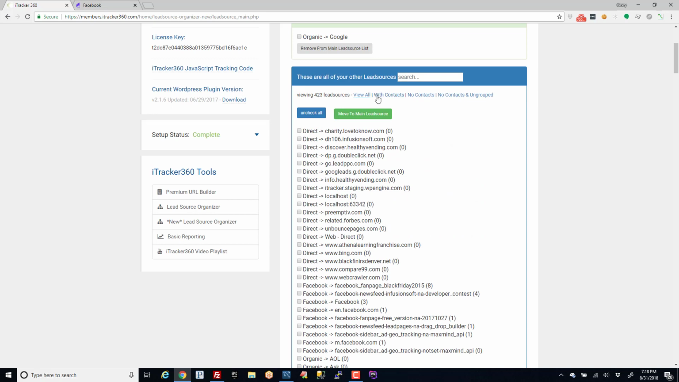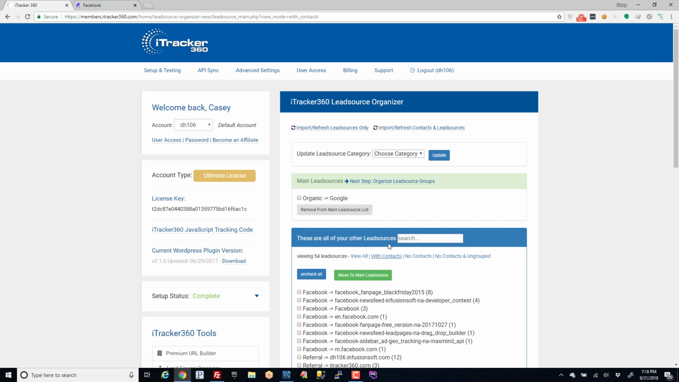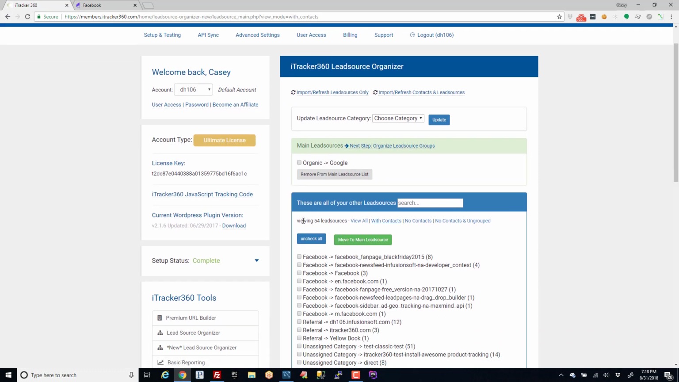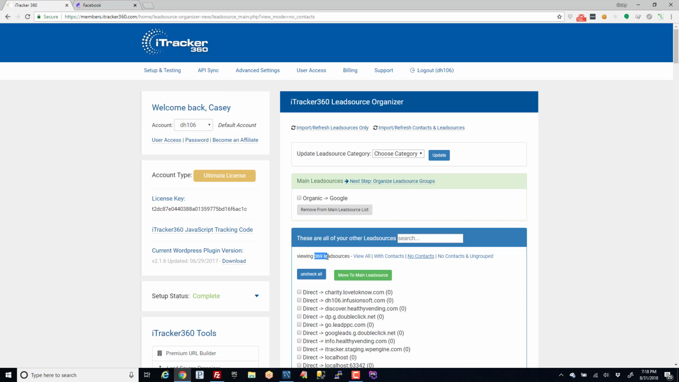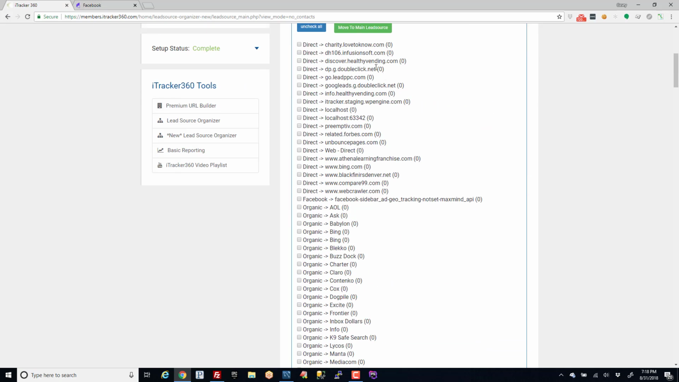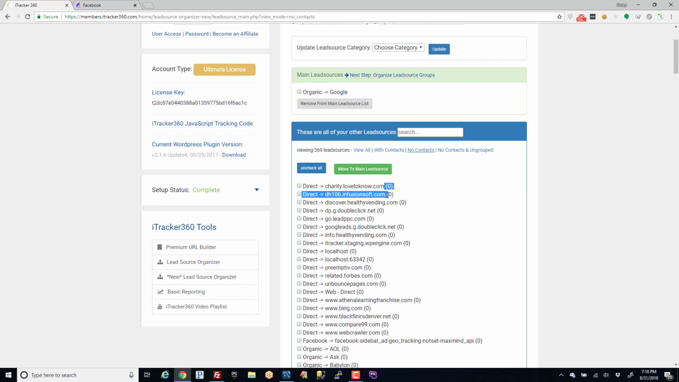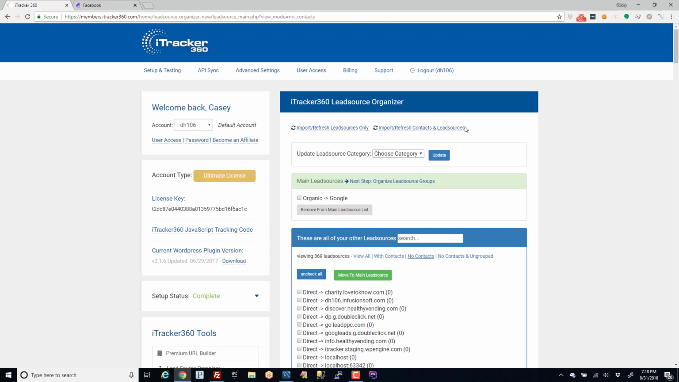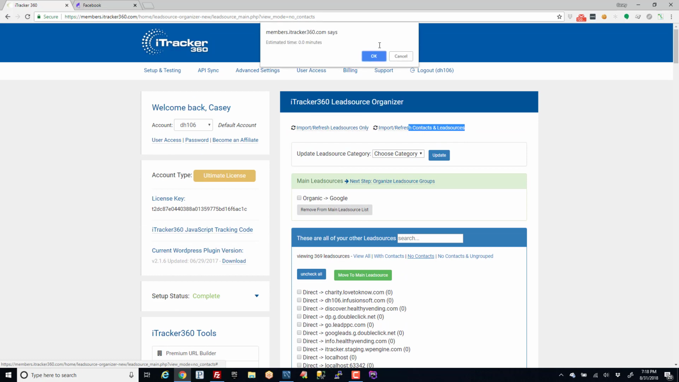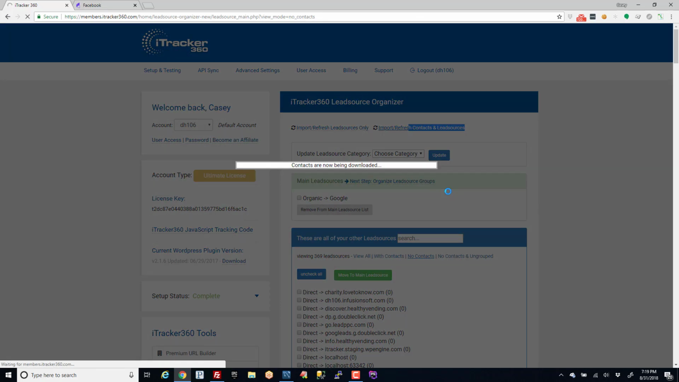lead sources. So if I look at all my lead sources that have contacts, I only have 54 lead sources that actually have contacts assigned to them. If I do no contacts, I have 369 lead sources, a whole bunch of them that don't have any contacts assigned here. Now to make sure that these numbers are accurate, I'm going to go ahead and refresh my contacts and lead sources